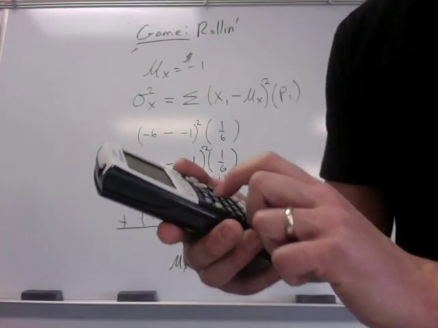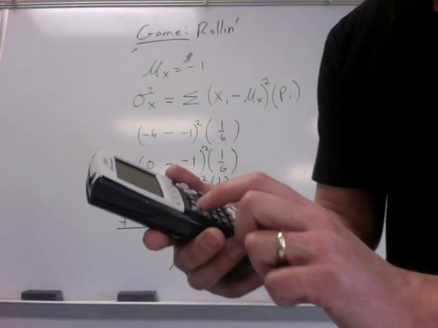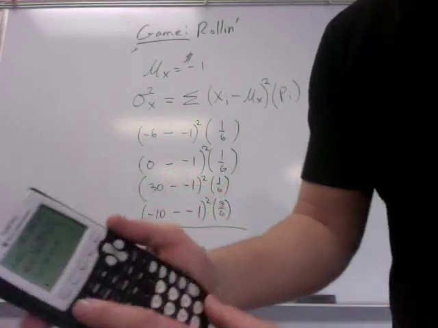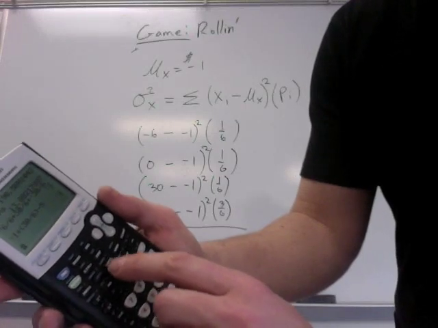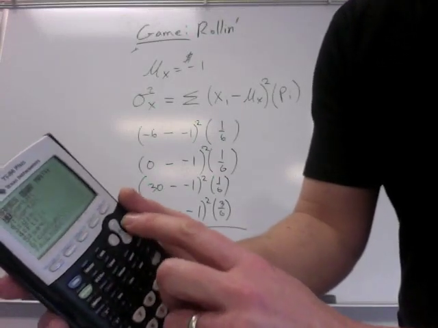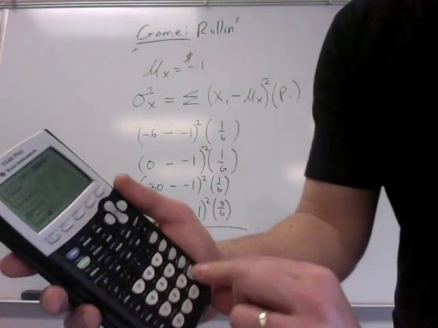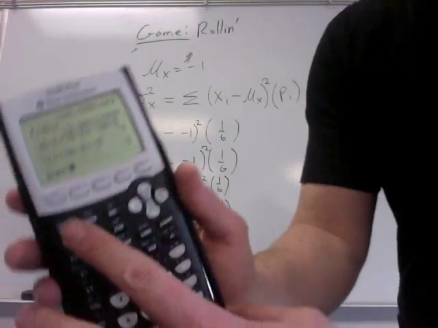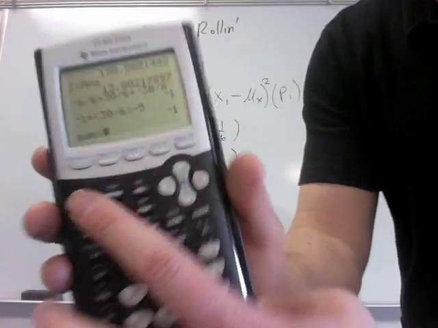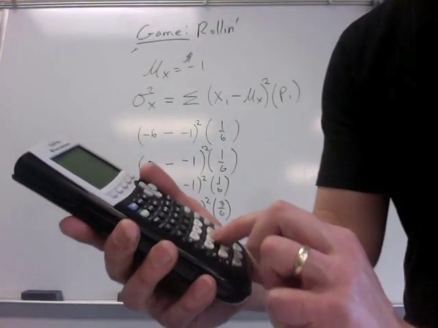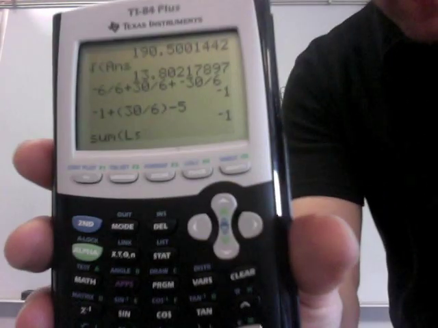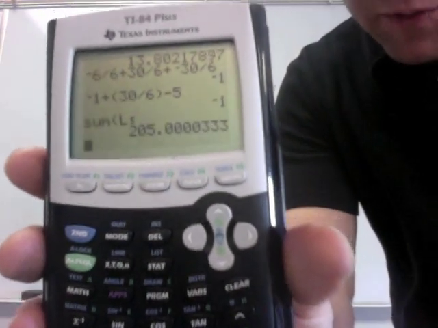Make sure you're on the home screen before you do that. So again, it's Second, Stat, Math, and then Sum. You're going to add together everything under List 5, and that gives you your variance,